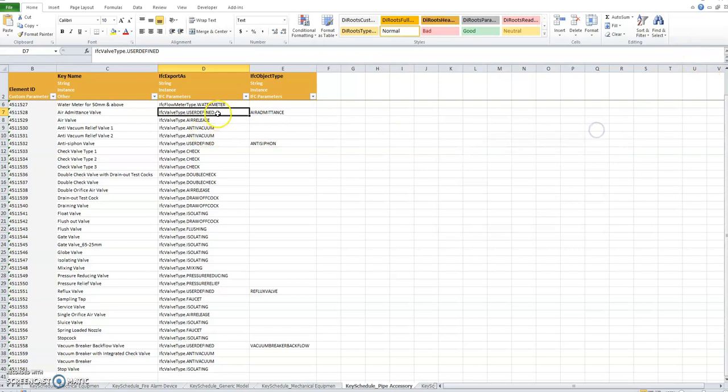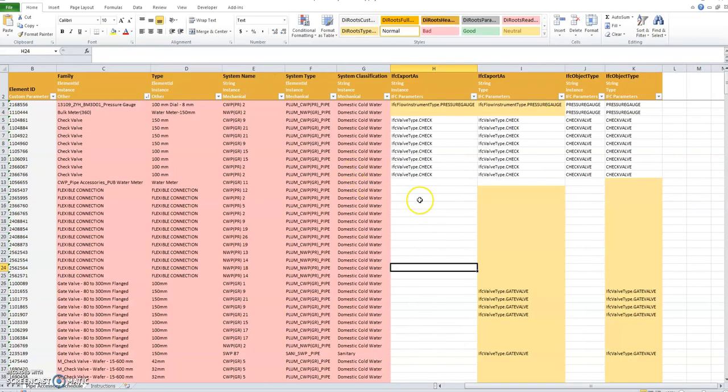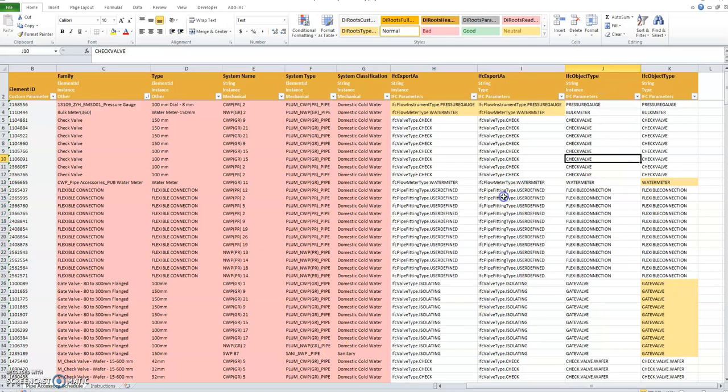Here you can use this one, and then type here flexible connection, user defined, type here, and then here. Okay, once you finish the copy paste of the parameter, so you save this one and then